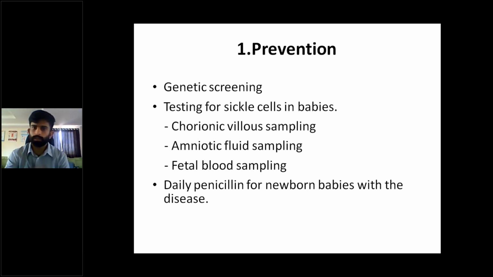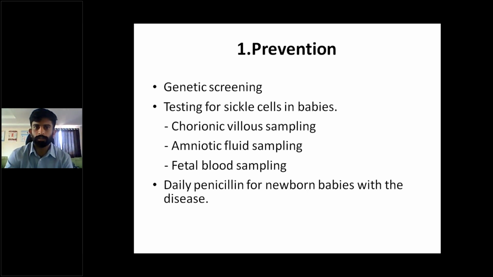Heterozygous sickle cell trait, there's no problem usually. They have a very good prognosis. There is only mild anemia. Sometimes raised LFT can be seen, but usually asymptomatic. You can also look for if there's a sickle cell thalassemia trait, if there's a sickle cell hemoglobin C trait also, because those are also conditions where the patient or the born baby will have symptoms. So third one is daily penicillin for newborn babies with the disease to prevent further infections or complications. This is a very useful prophylaxis for newborn babies.